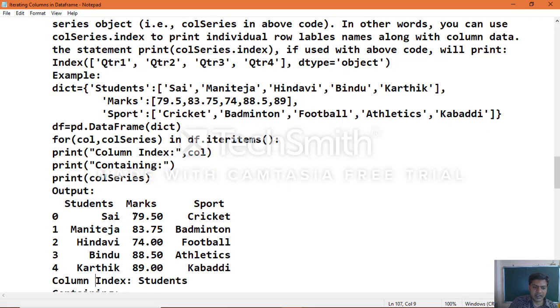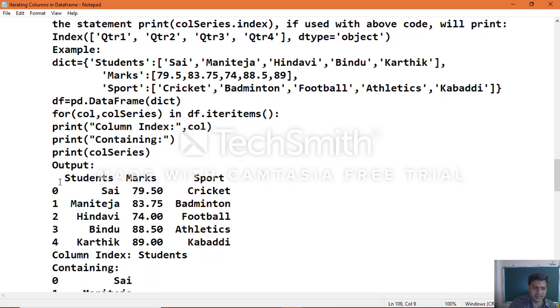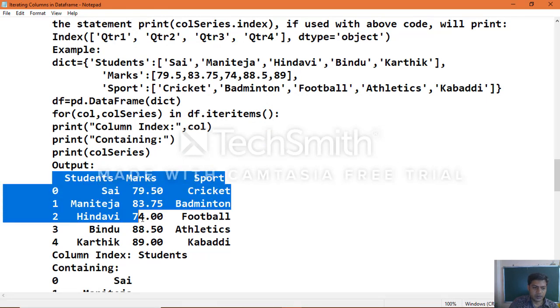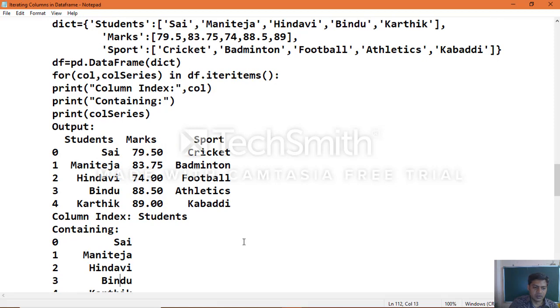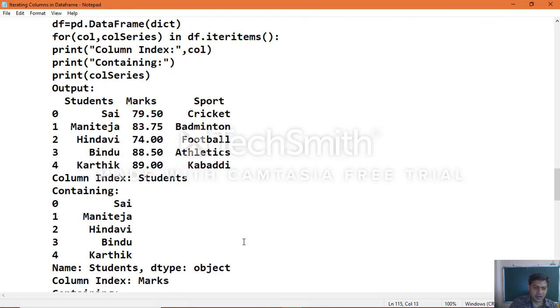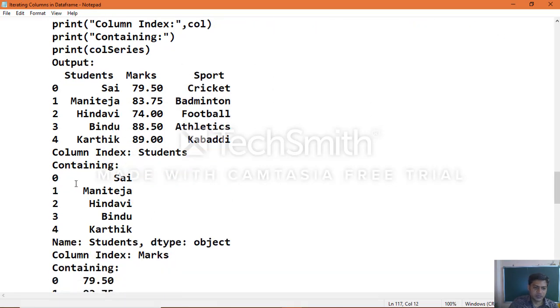First we printed the actual data frame data which it contains. Default row label names you can see here 0, 1, 2, 3, 4. So students, marks, sport. Okay, the column header labels you can see clearly. Now once we execute this iteration for loop to extract the data column wise, you can see.